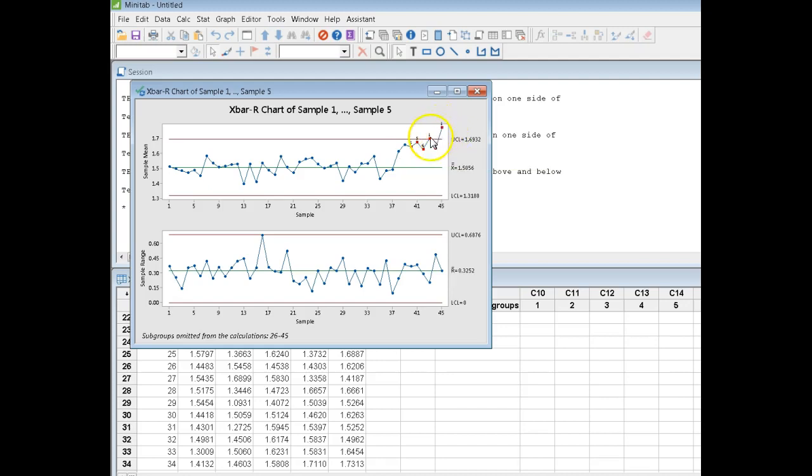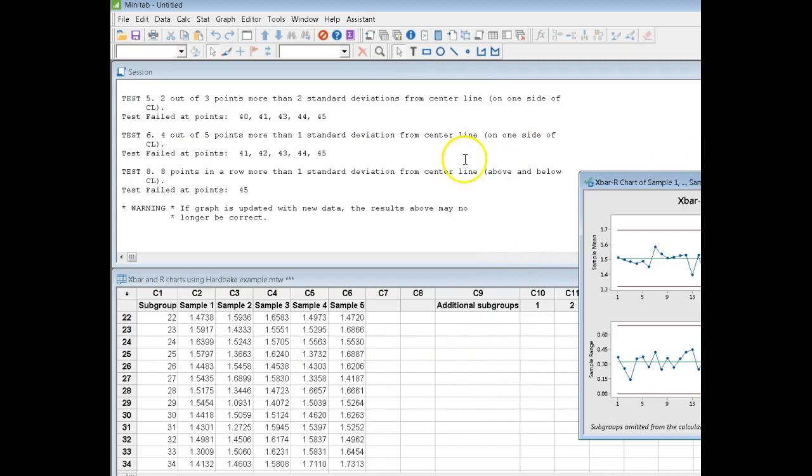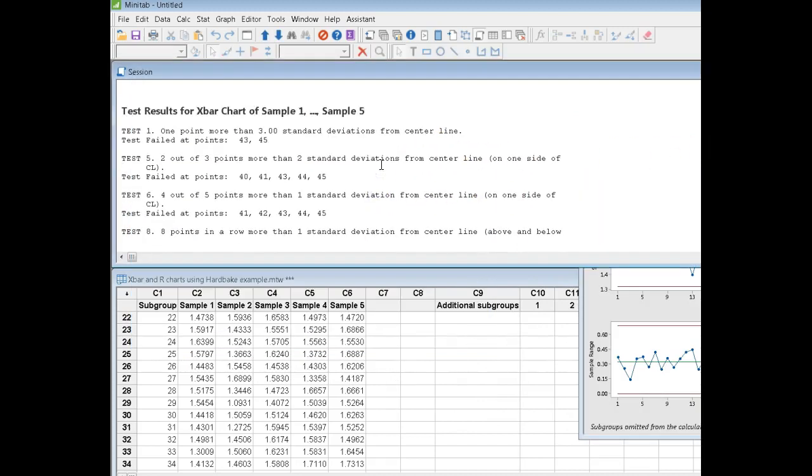The number on each indicates the test number that was performed. If I move this out of the way, Minitab tells me up here that test number 1, which is the one we're most interested in, checks whether any points fall more than 3 standard deviations from the center line. And yes,